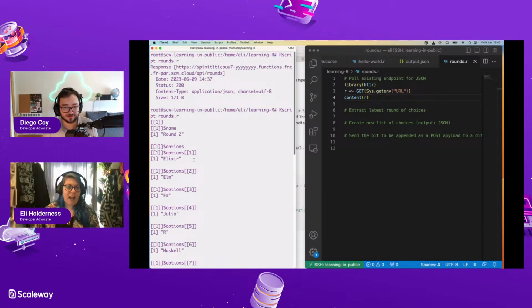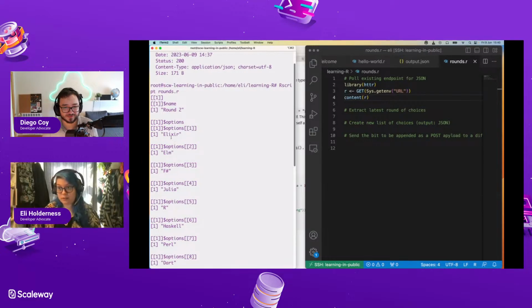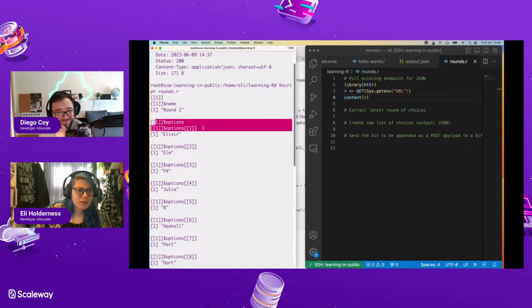Yeah, cool. Look, it's given me an array. I think it has parsed it into an R object. This is like an R array, because what are all these square brackets? That's got to be something the language is doing, right? That's a lot of brackets and ones.